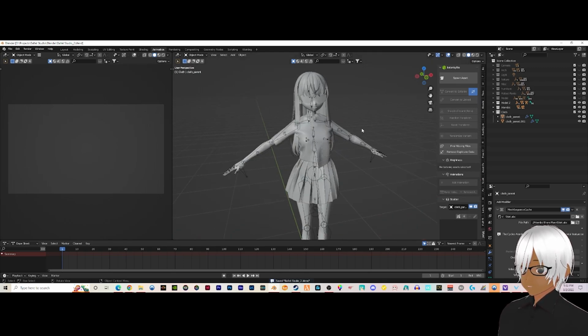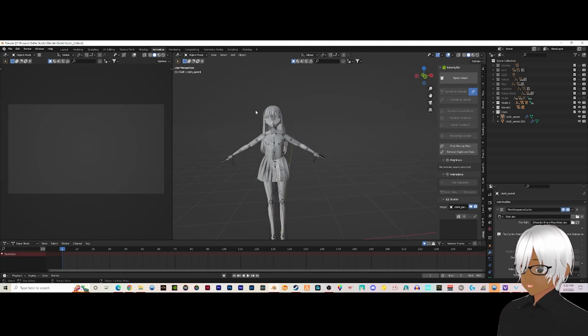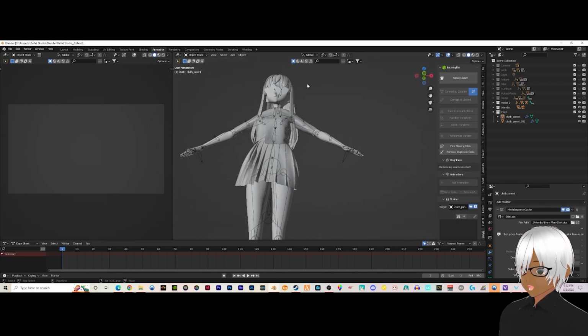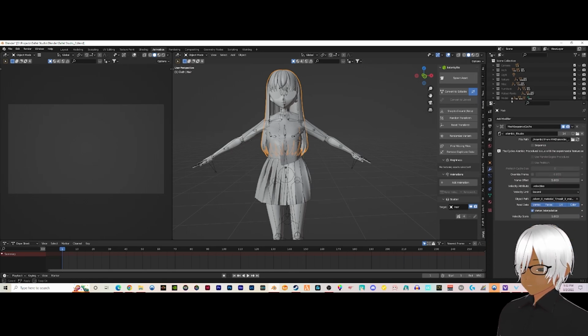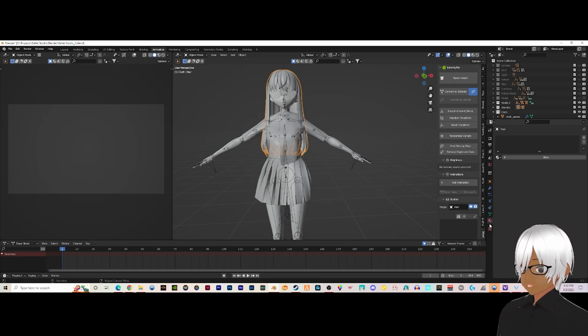And at this point, usually what I do is, I haven't figured out a good way to keep all the textures. I usually don't use the textures from Marvelous Designer, so I'll just retexture it in Blender. For the hair, I already have this model's hair. So what I'll usually do is,